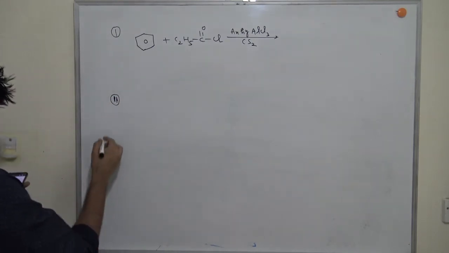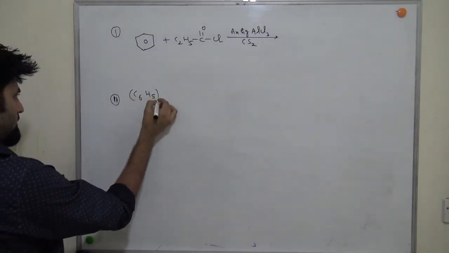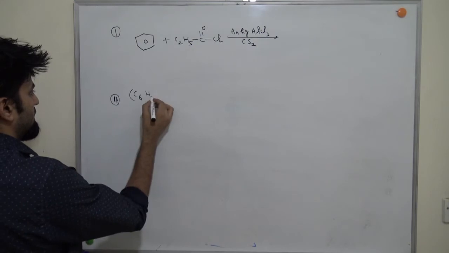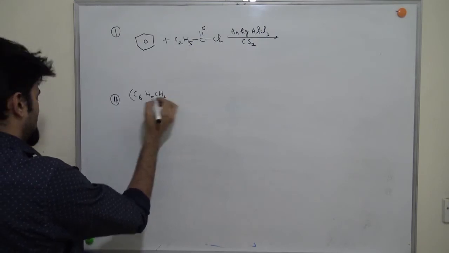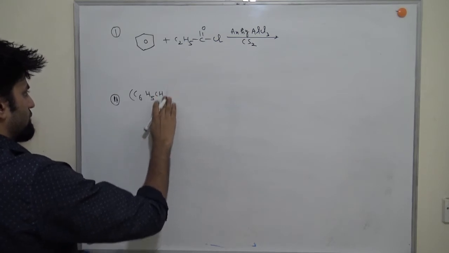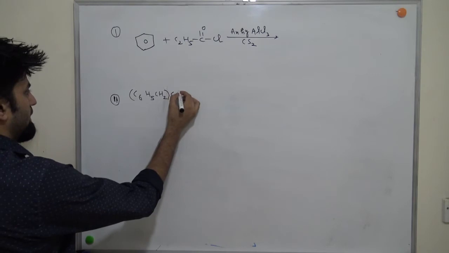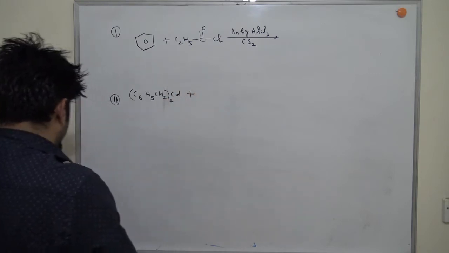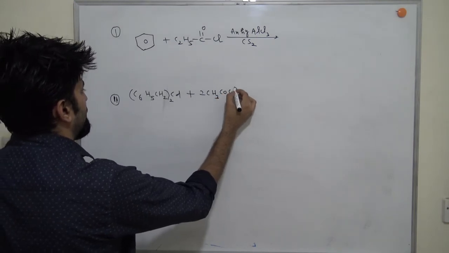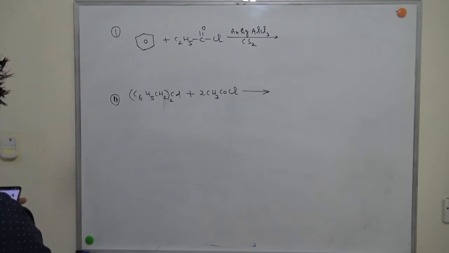Your question number 2 is, guys, (C6H5)2Cd, a dialkyl cadmium R2Cd type reaction with 2 CH3COCl. Again we have to complete these reactions. Okay, and the third question is,